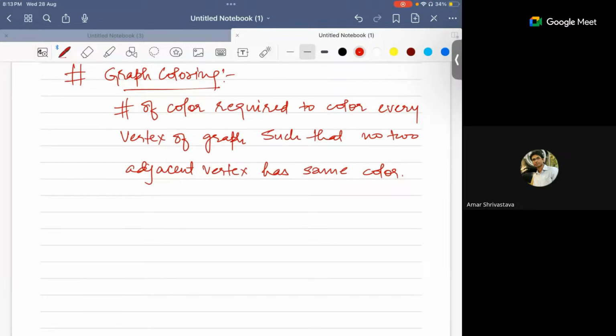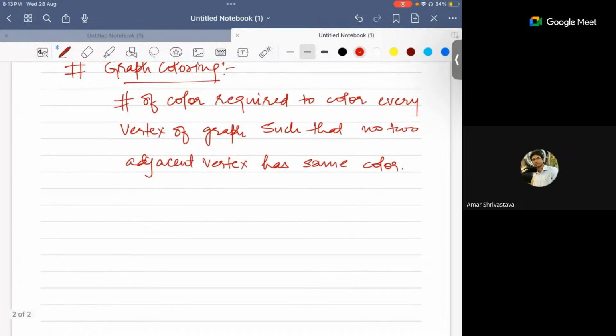In graph coloring, there is a concept called the minimum number of colors that is required. Minimum. So whenever you have been asked to color any graph and calculate the minimum,